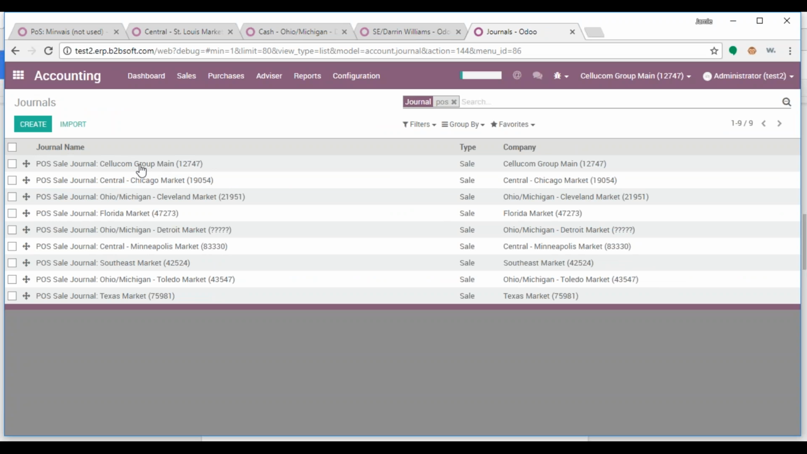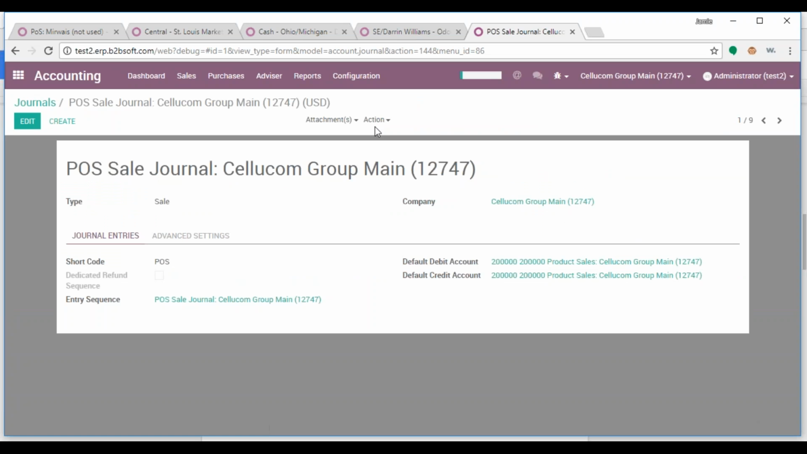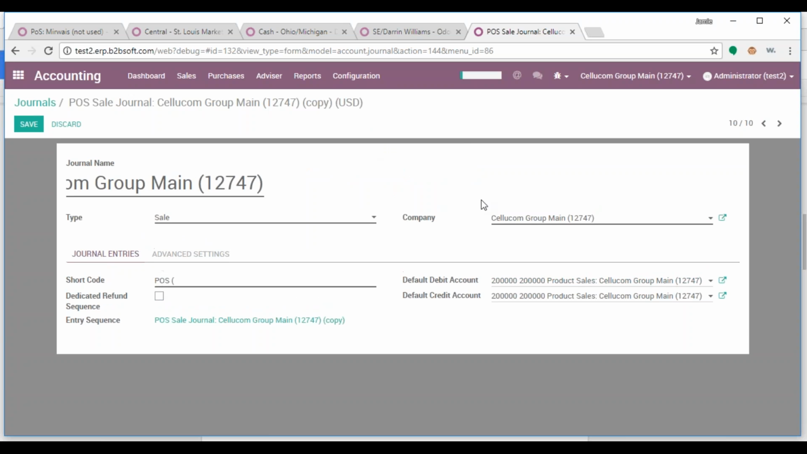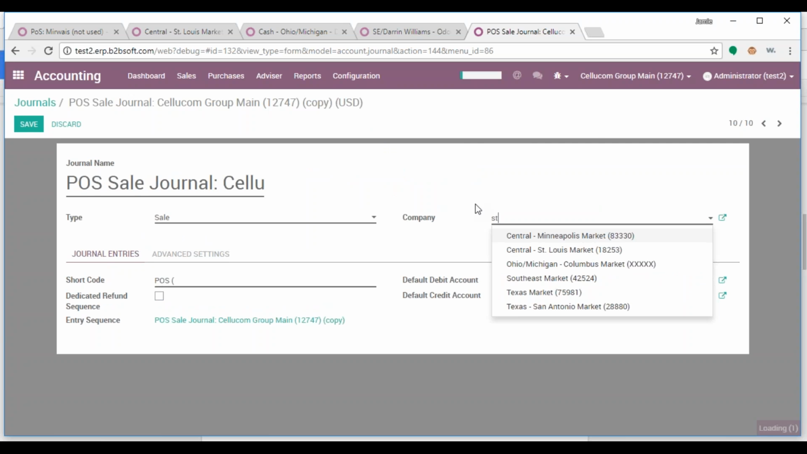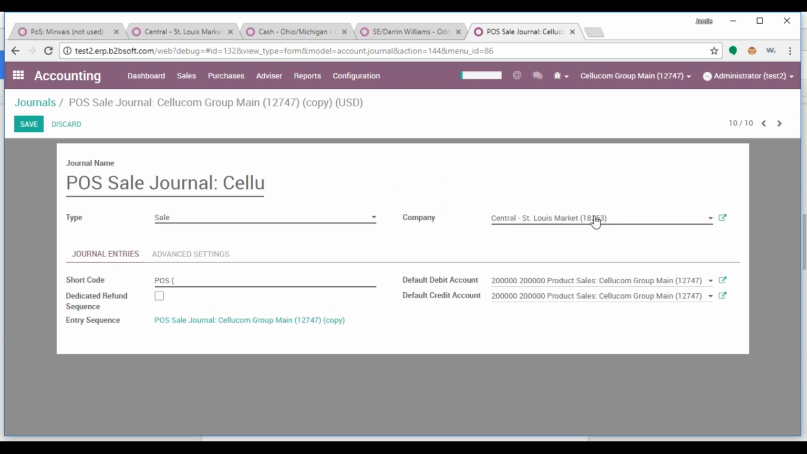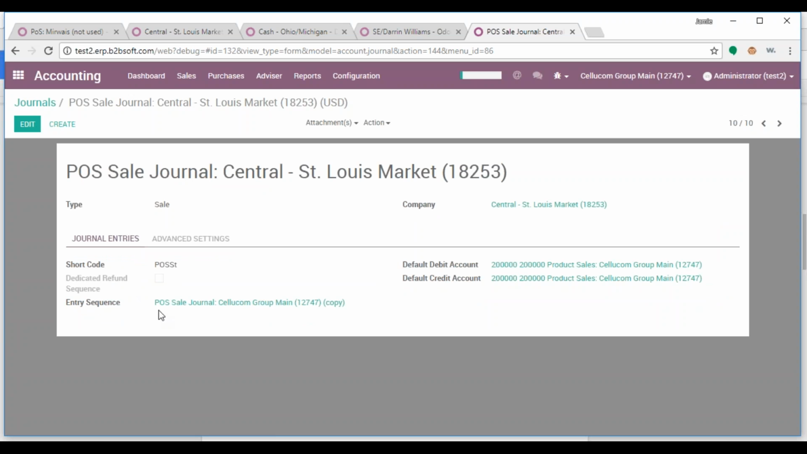I'm going to find the main point of sale. I'm going to duplicate it, create a company name, update the name of the journal to match the company, and update the short code. And hit save for progress. I'll have to update the entry sequence,